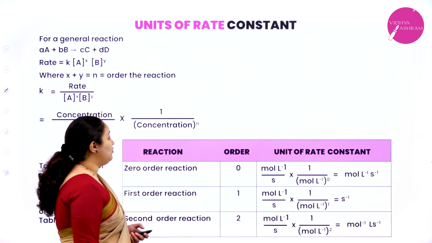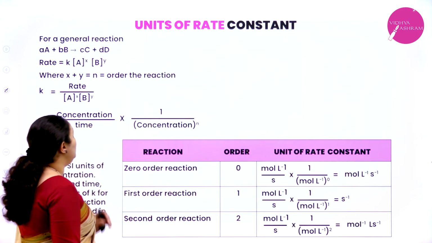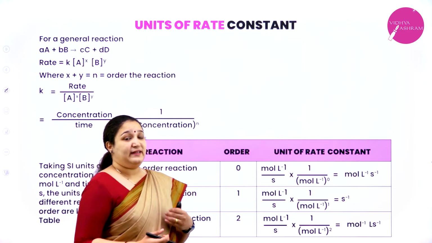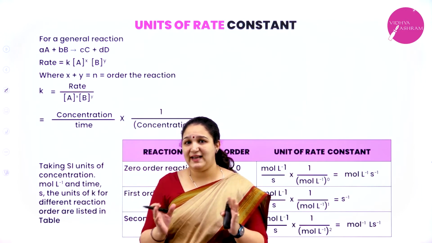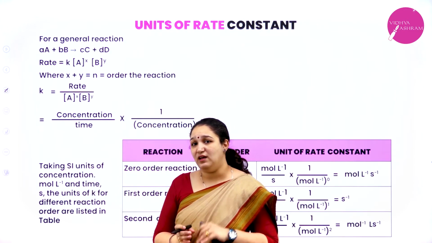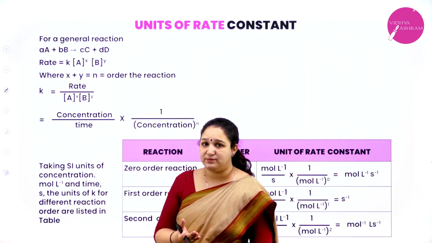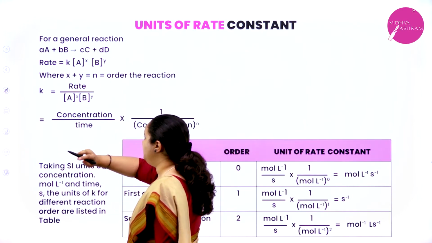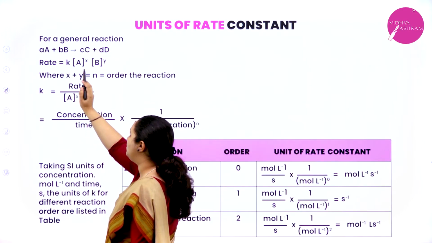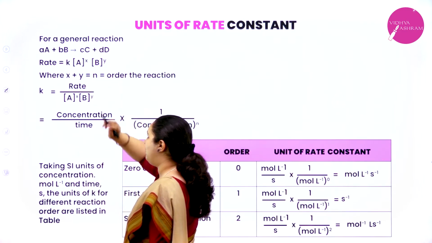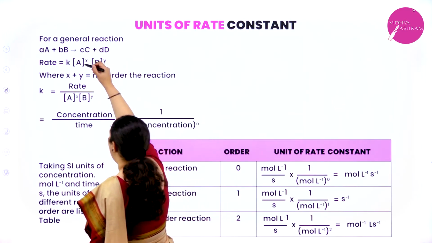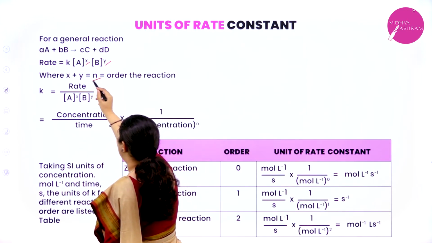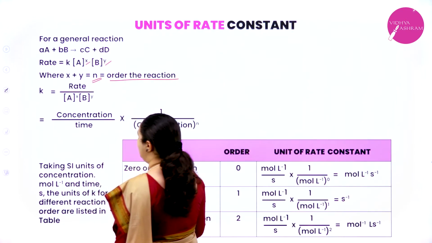Okay. Next what do we have is the unit of rate constant. So we know to write the rate expression now. So if the rate expression is given, can I find the unit of the rate constant? Okay. How do we do it? See, for example, we are taking a general equation and the rate expression is, rate is equal to k [A]^x [B]^y. What is order? x plus y if I do, I'll get order, isn't it? So x plus y is equal to n I will take, which is the order of the reaction.